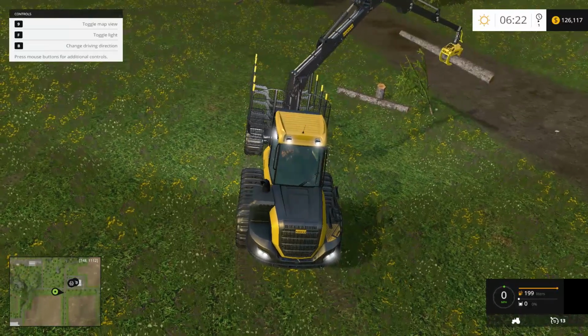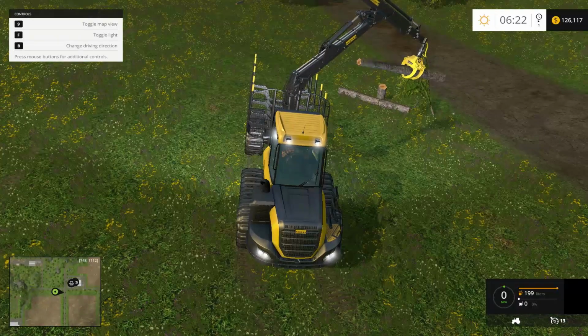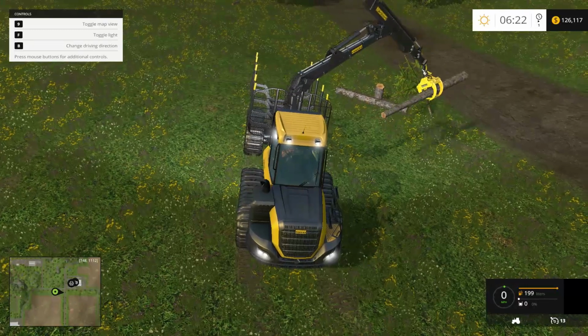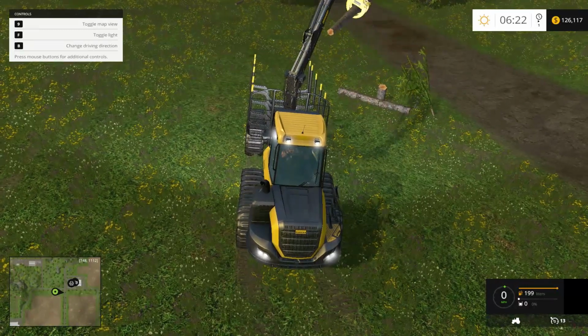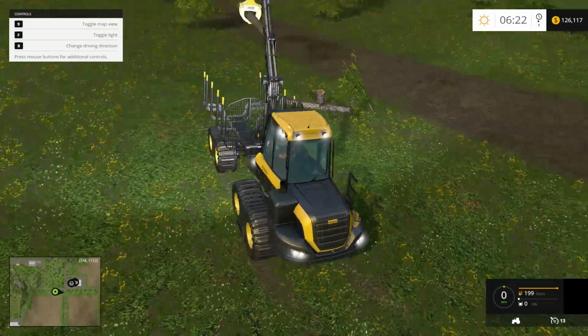Whoops. I need to telescope this in. I need to pivot the head. There we go. And then I need to rotate the arm. This is just ridiculous. I would have already had this loaded with my tractor. I would have had almost half the tree loaded, or maybe the whole tree loaded